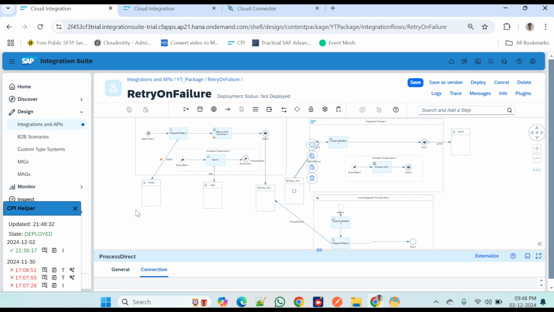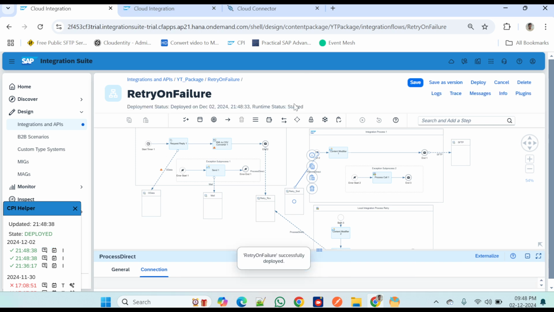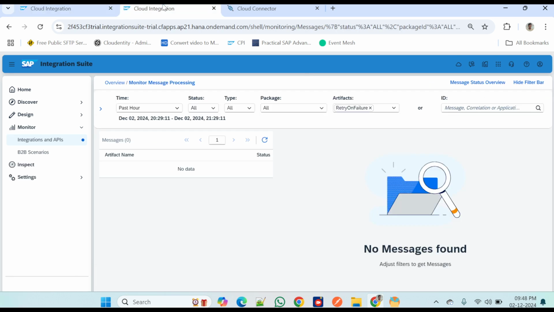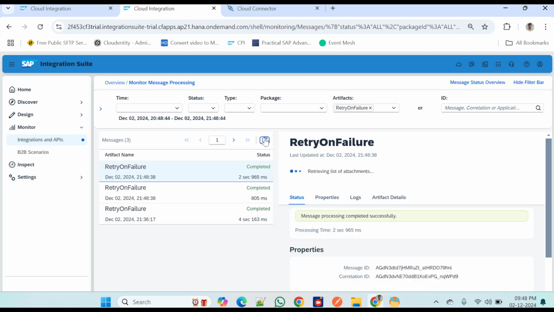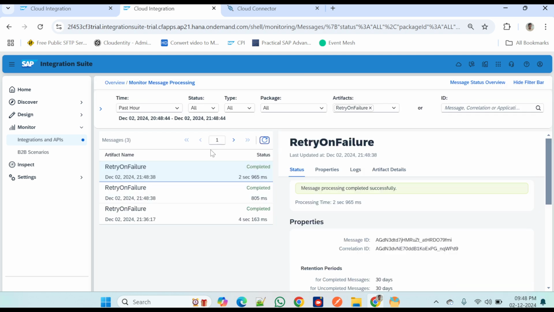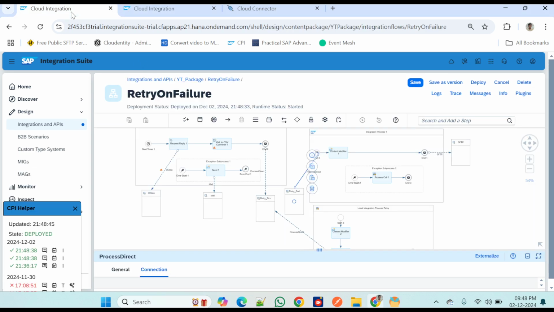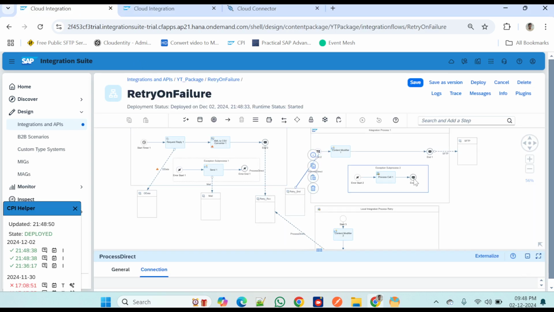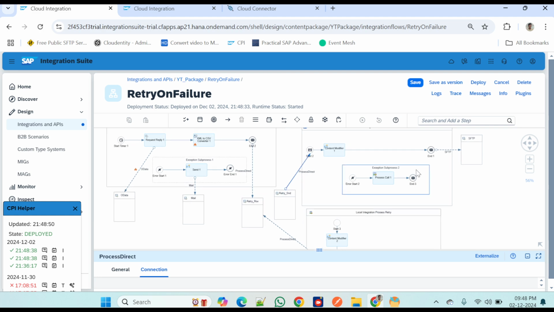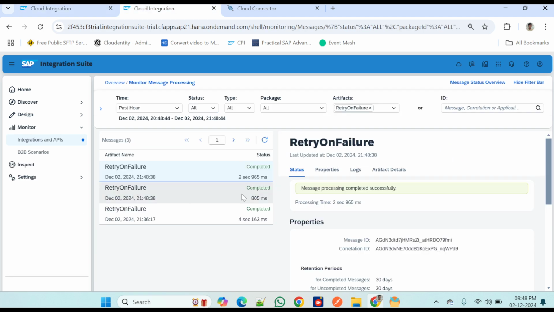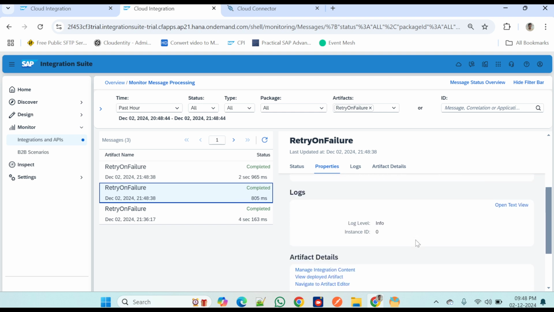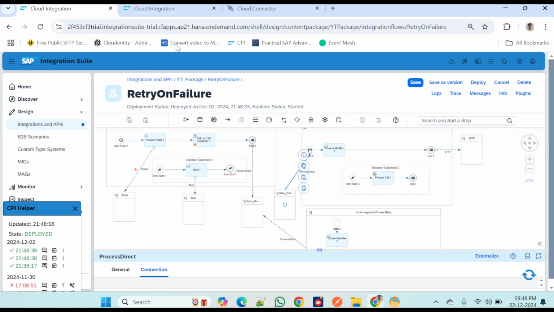Let's wait for the deployment. Status is now started, and this is successful. Come here, guys, see, it is successful, right? Guys, we always have to keep this as an error end event. So in failure case also we can see the completed status. So we have to keep this as